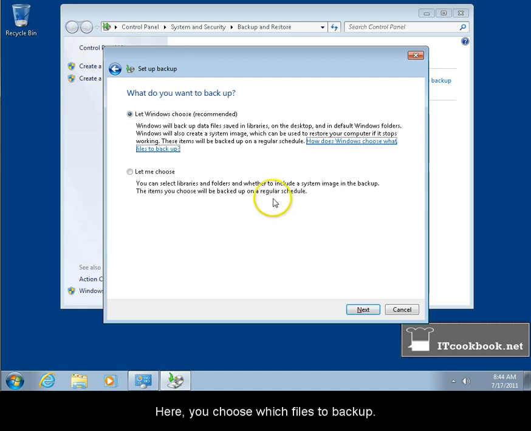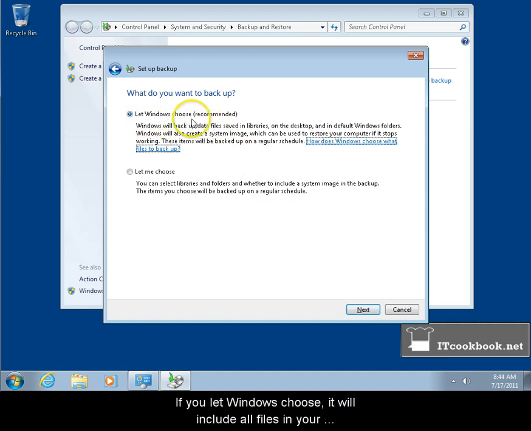Here you choose which files to back up. If you let Windows choose, it will include all files in your defined libraries which are stored on local hard drives, not network drives. It will also back up default Windows files including app data, contacts, desktop, downloads, favorites, links, saved games, and searches. If there is enough space on your target drive and that drive is formatted as NTFS,